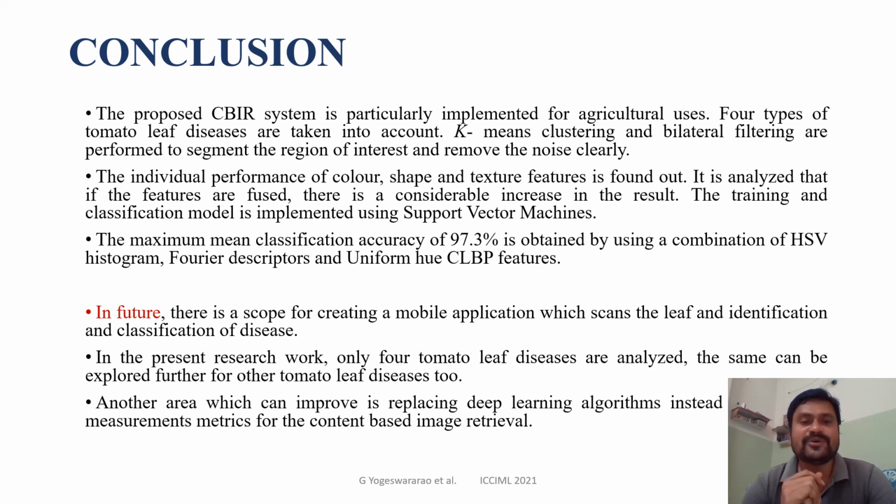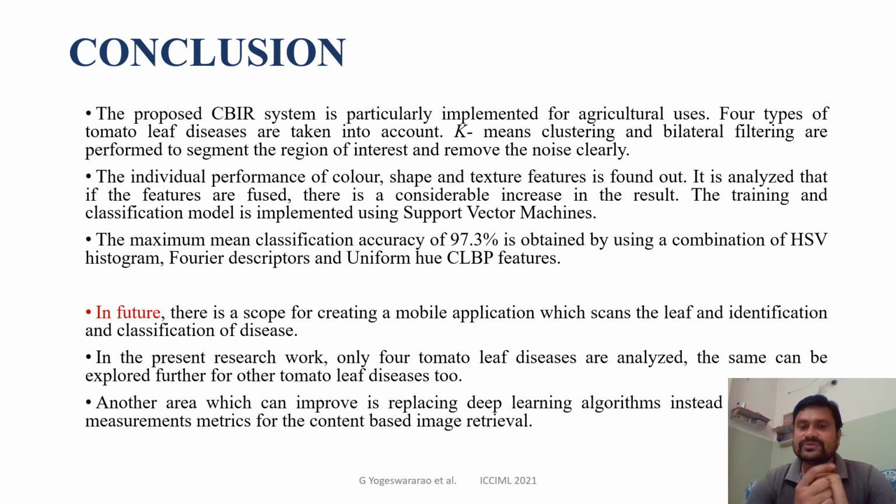The individual performance of color, shape, and texture features are calculated, and we analyze them to form a vector to get the results, and the training and classification model is implemented using the support vector machine. The maximum mean classification accuracy is around 97.3%, obtained by the combination of the HSV histogram features, Fourier descriptor, and